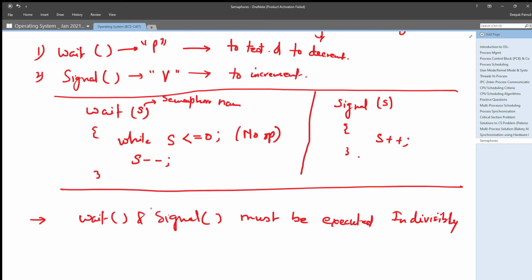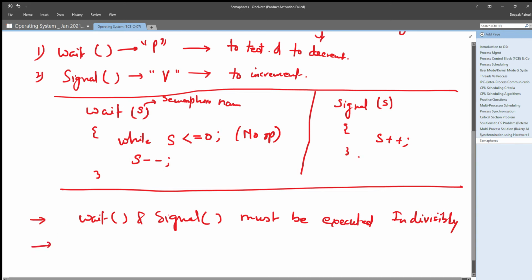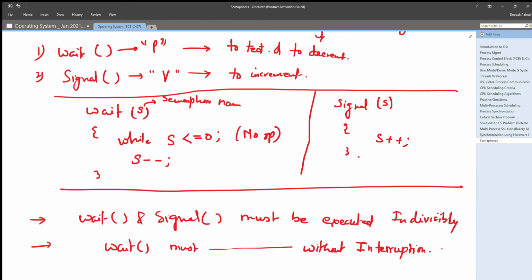And as well as you must ensure that wait operation must be executed without interruption. That means if someone is executing wait operation on a semaphore, then no other wait operation can interrupt this wait operation at that time.